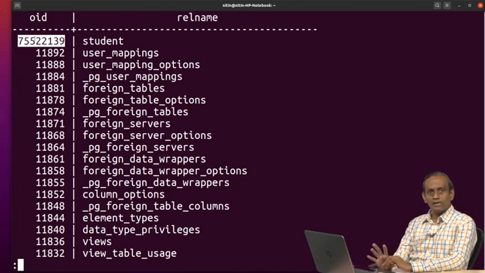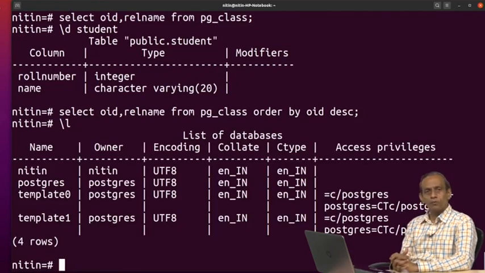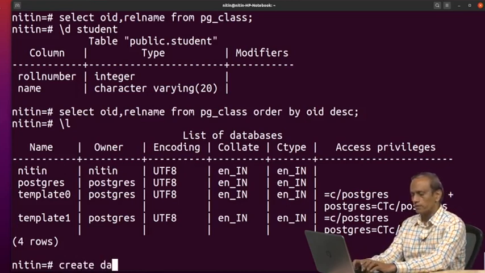Now, how exactly might this organization be done internally? Whenever we are talking about the different databases available in the database system, there might be a few databases, for example these 4 databases that we have. Apart from this, suppose I try to create a database PQR.